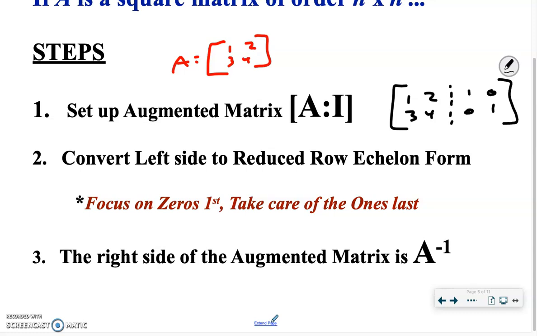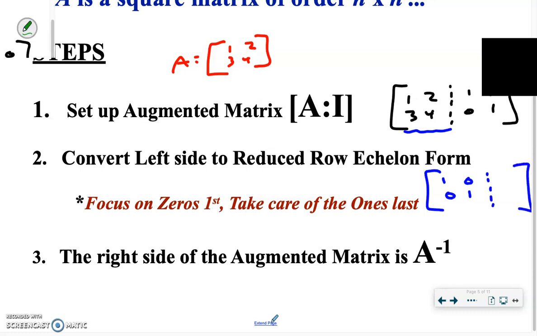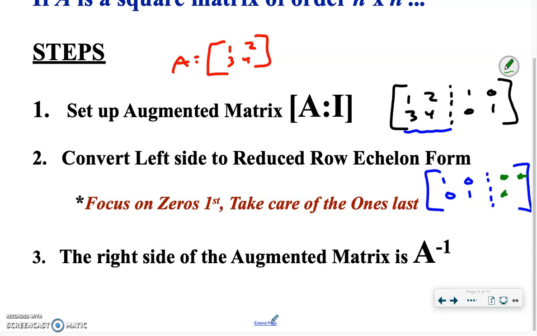From here, we're going to convert the left side into reduced row echelon form. Okay? So that means that we want to do our row operations, work our magic to make it look like this. Now, as we're doing all of those steps, aren't we going to be getting different numbers over here? Yeah, well, when